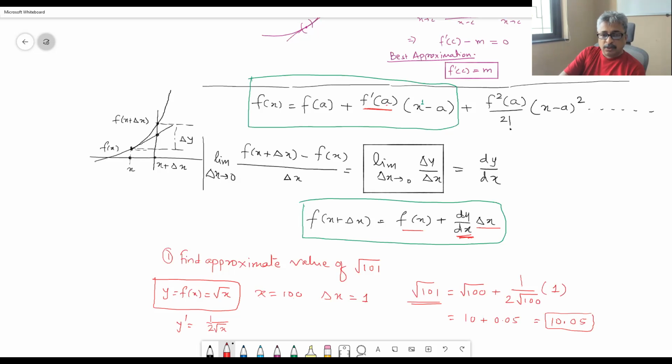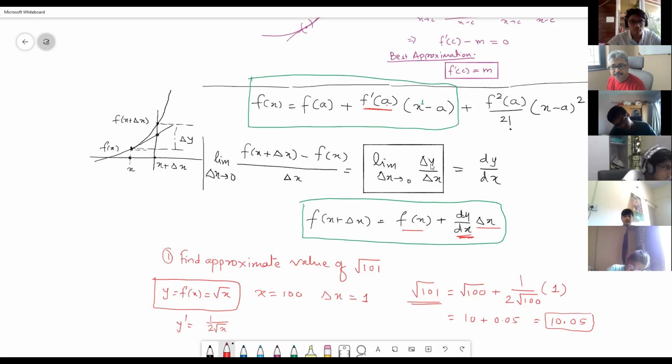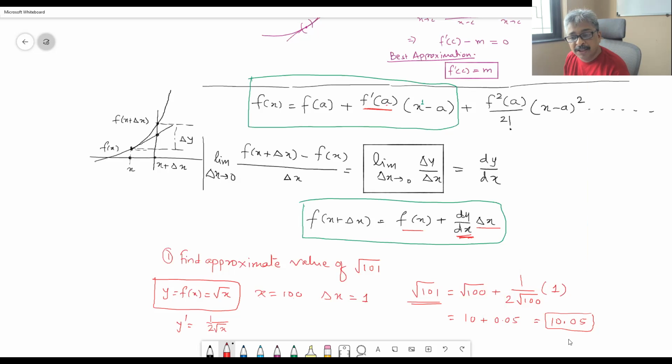Now, don't calculate the approximate value of root 101 using your calculator, because the calculator will do it exactly this way only. The calculator does not know any other method of finding the square root of 101. Of course, it will give you more decimals because it is not using linear approximation. It will use approximation of higher degree so that it is practically accurate. Right? So what you can do is cross check whether your square root of 101 is 10.05 or not, or near to that or not.